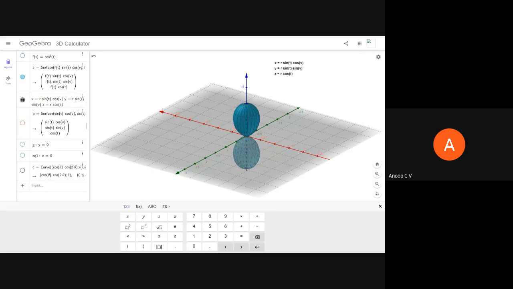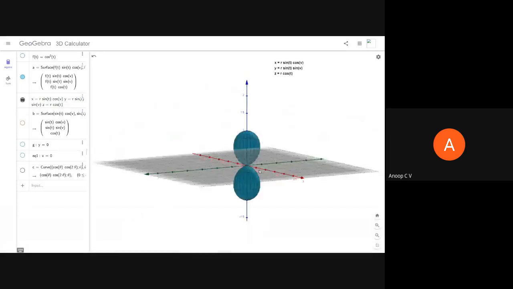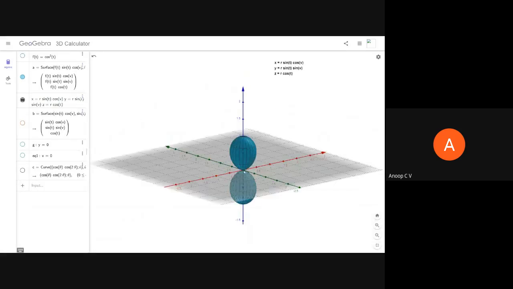And what is the information you are getting? If you keep an antenna at origin, it radiates maximum in positive Z and negative Z. So if you have to keep a receiver, you should keep it either along positive Z or negative Z. If you place it along plus X or plus Y or minus Y, anywhere else, you won't be able to receive the radiation. It gives a directional property of an antenna. So that is what the radiation pattern is.